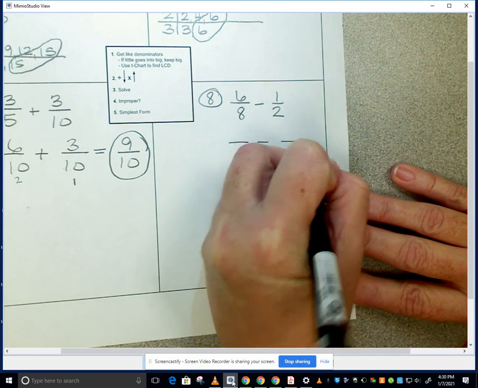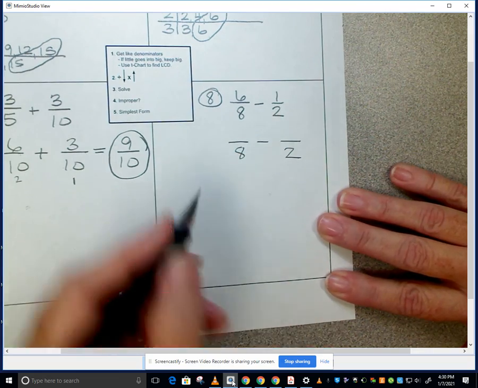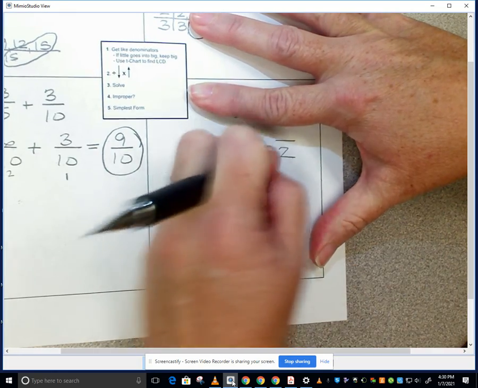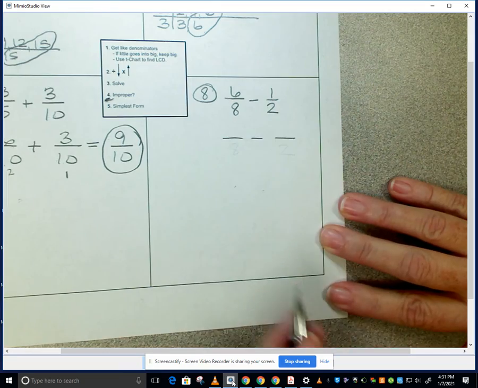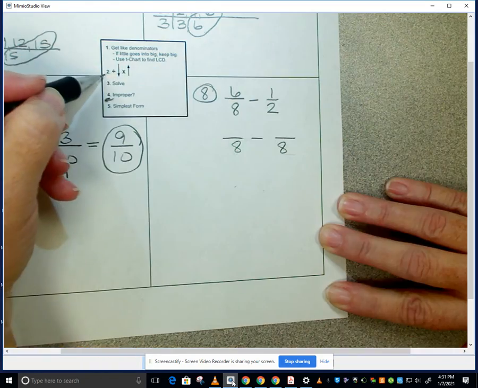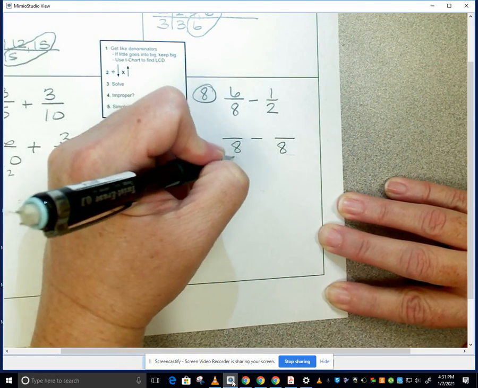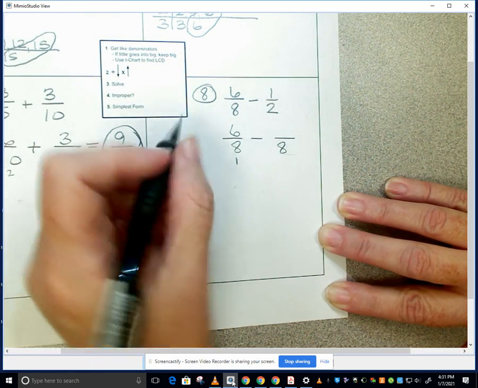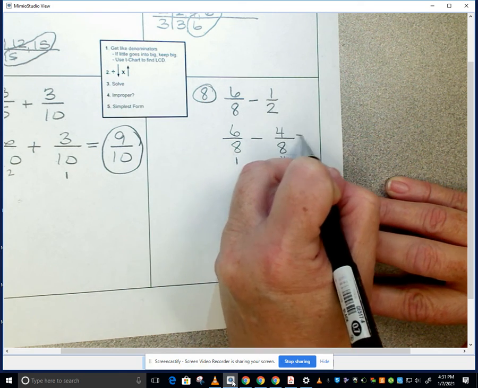Go ahead and get this ready. Oh, look what I did. I'm losing my mind. Okay, sorry. Will little go into big? Yes, so we're going to keep big. Now we're going to do number 2. Divide down, multiply up. 8 will go into 8 one time. 1 times 6 is 6. 2 will go into 8 4 times. 4 times 1 is 4. That gives me